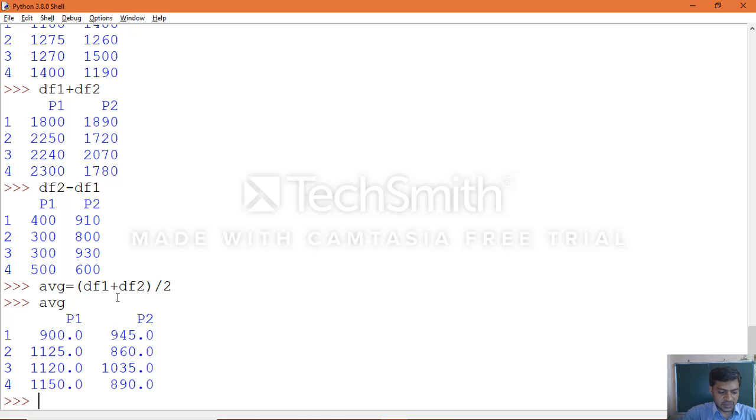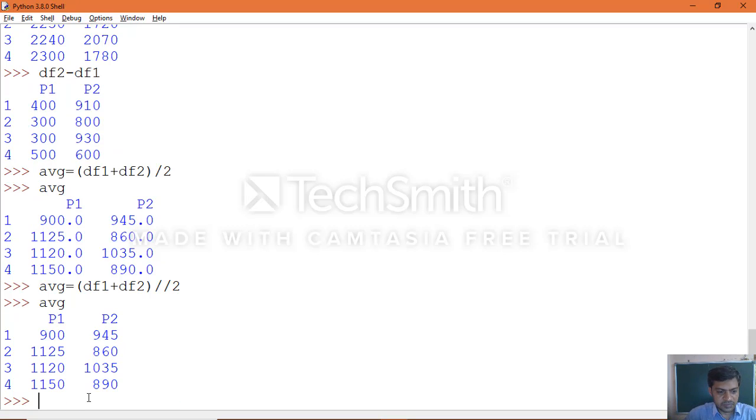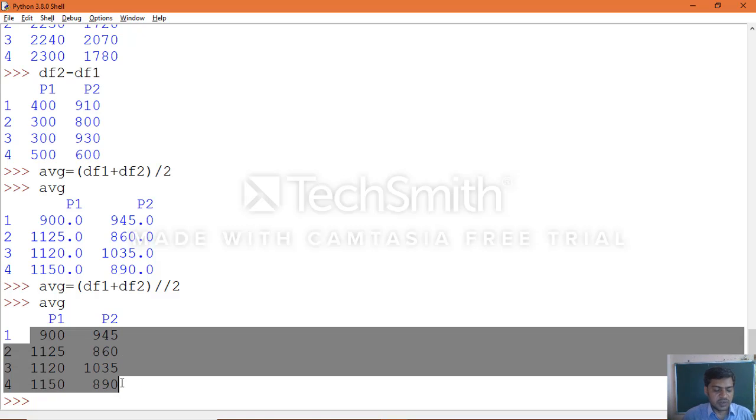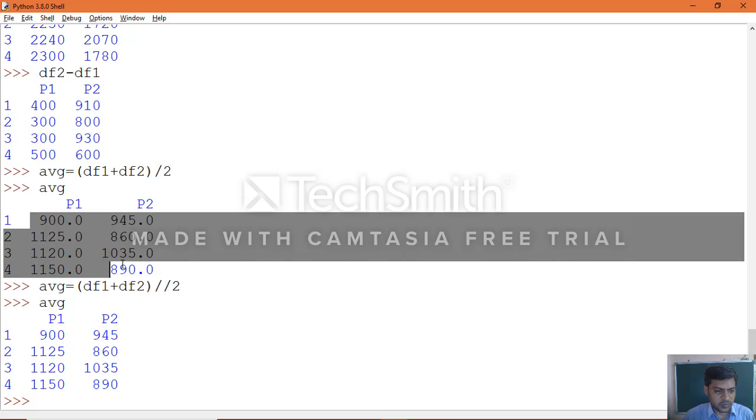And floor division, yes, I told you that you want to see floor division instead of normal division. You can see only the integer part of the values will be extracted when you apply the floor division. When you apply the normal division operator, you will see the decimal values, floating point numbers, as an output.